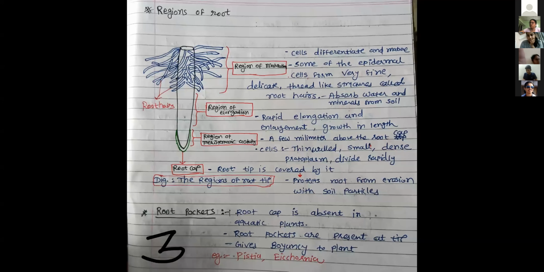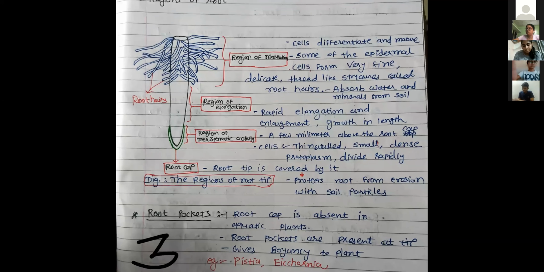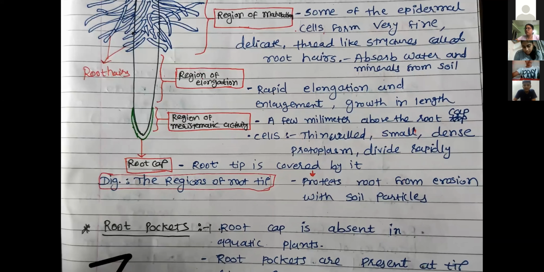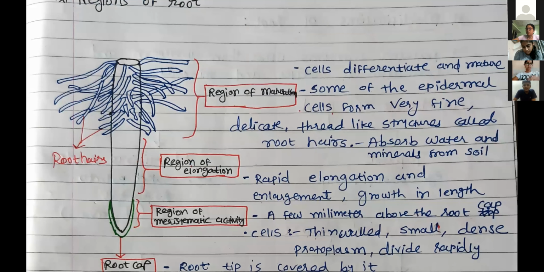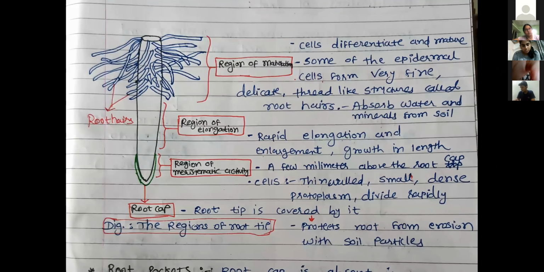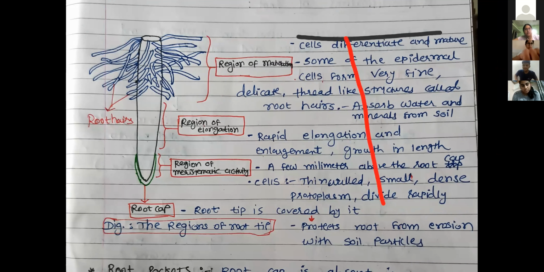Next topic that now we are going to study in the root, regions of root. See, no need to mug up this content over here. If you have prepared this diagram correctly and understand this diagram correctly, you can easily make content from this diagram of this topic. In that, this is the soil surface. Over here, root is there. Now, this is the A side, this is the B side.